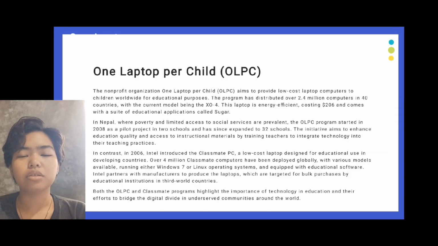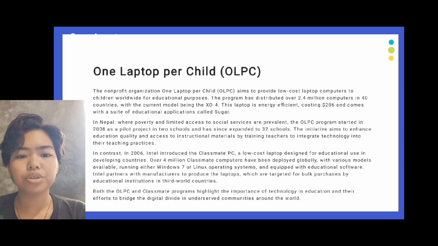One Laptop per Child, OLPC. The non-profit organization One Laptop per Child, or OLPC, aims to provide low-cost laptop computers to children worldwide for educational purposes. The program has distributed over 2.4 million computers in the 14th century. With the current model being the XO-4, this laptop is energy efficient, costing $206, and comes with a suite of